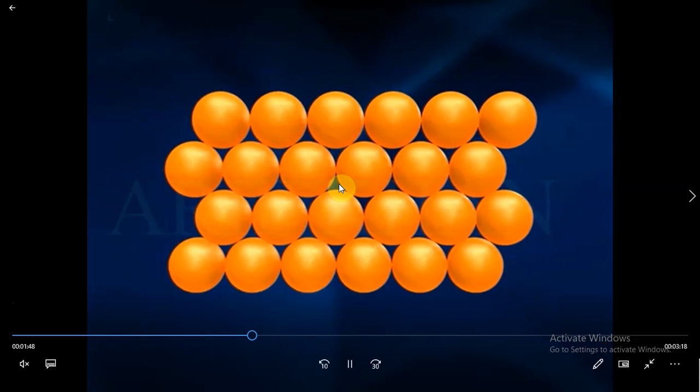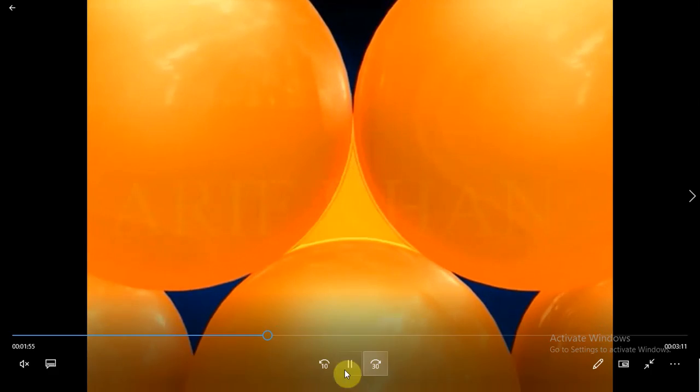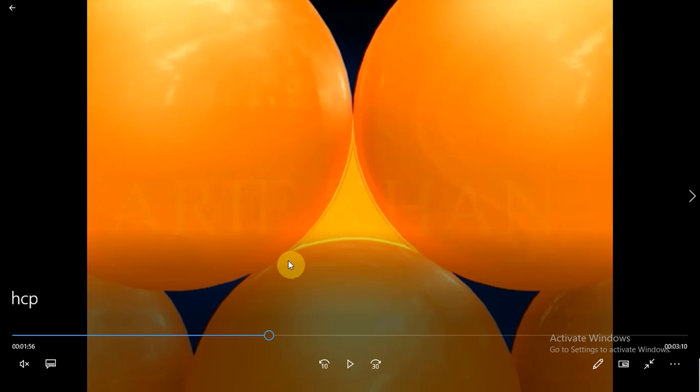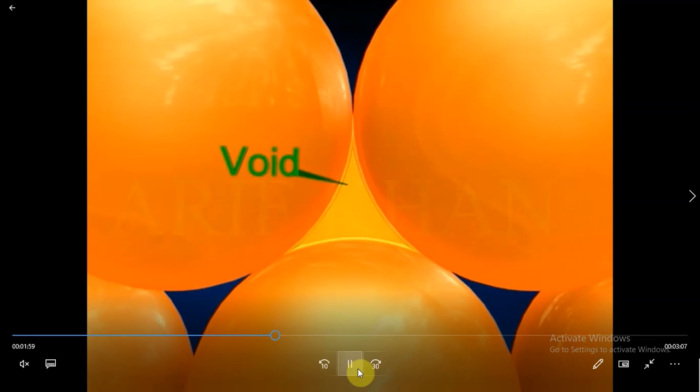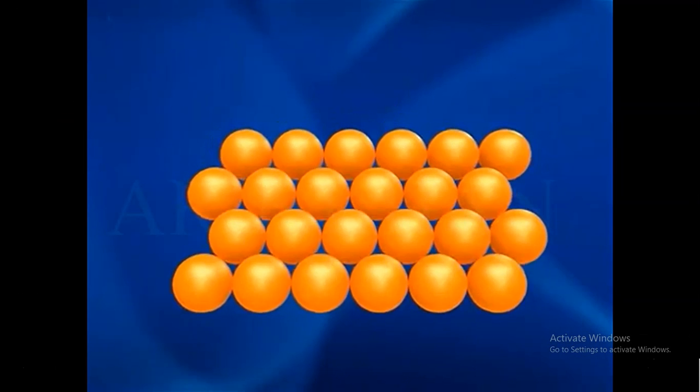Now we will move to 3rd dimension and we will add atoms in layers backwards. You see, this is what we are talking about. This is a kind of void that is created because we have placed atoms in the vicinity of either atom. So this is a triangular void which is created. We call it void. That is the vacant space. So this space is vacant. Now we will see the packing in 3 dimension. That was 2 dimension, and now we will see 3 dimensions.